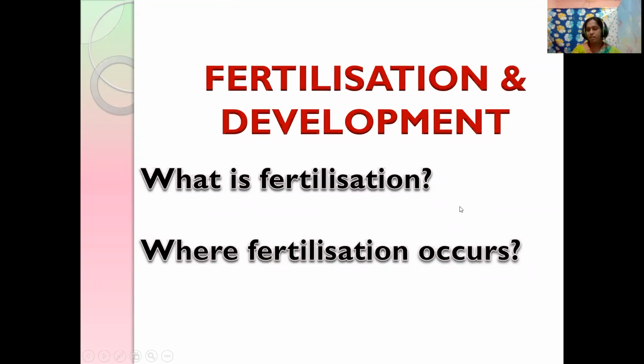Then what is the pathway, students? It moves into the fallopian tube. Just recall the parts of the fallopian tube: infundibulum, ampulla, isthmus. The egg is picked up by the fimbriae and moves from the infundibulum to the ampulla. So fertilization occurs in the ampulla part of the fallopian tube.